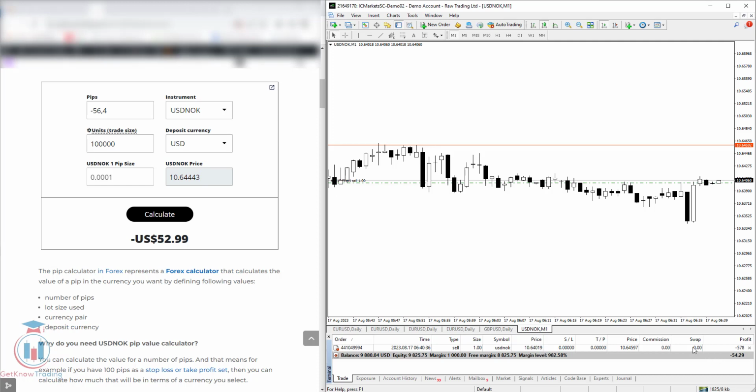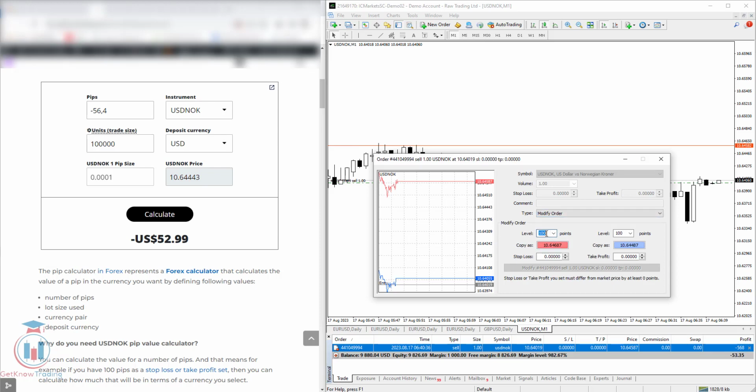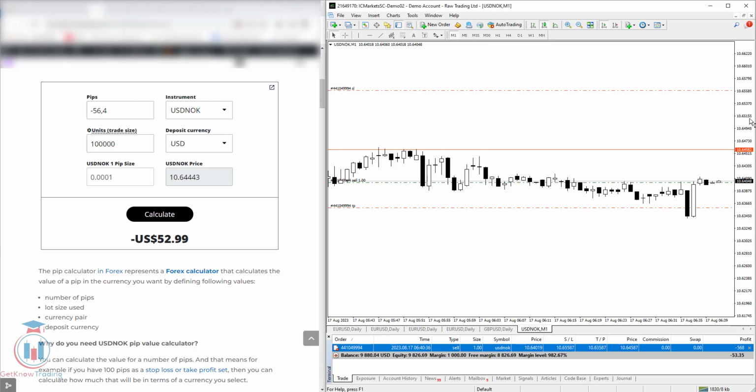So you can continue using this Pip value calculator to calculate how much money you would make or lose on this trade. For example, if we change this order and put 1000 units, and that means 100 pips. Let's change this one here,